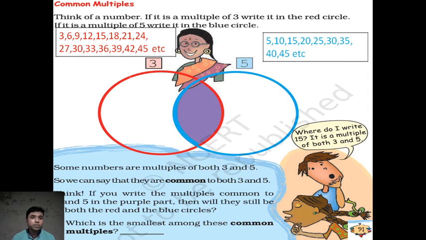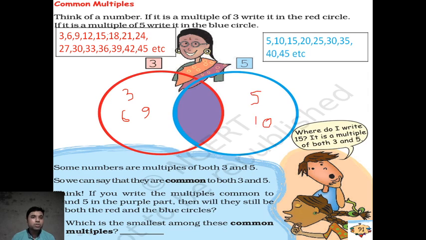My dear students, first draw this circle in your copy, and then write it, and mention the page number. As there is no self practice or exercise, you write the page number 91. This is from page number 91. Look, inside the red circle you will write 3, you will write 6. Why? Multiples of 3: 3, 6, 9. And inside the blue circle write 5, 10.